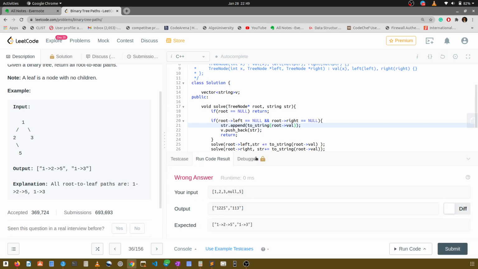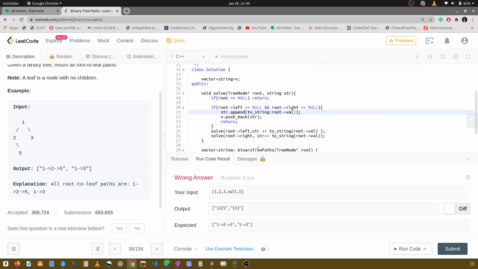Okay, something is wrong with this. Here, you can see I am inserting twice. So I don't have to do it twice, I just have to do it only once.